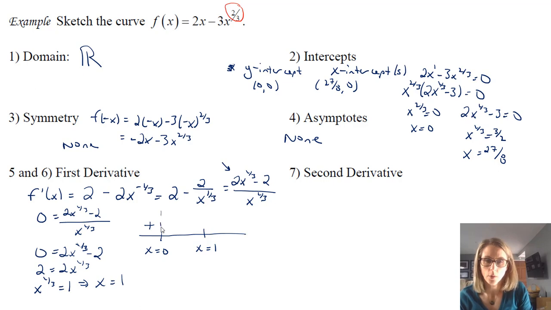We do want to make a note here that our derivative is undefined at 0, so that matters, but notice 0 is a perfectly fine number to put in the original. Now if I put in something like a half, all I really care about is that the cube root of 1/2 is a small number. So that's going to give me something less than 2 when I multiply it by 2, and when I subtract 2 from that, it's going to be negative. And then when I divide that by some positive number, that's still negative. So I'm going to be decreasing from 0 to 1.